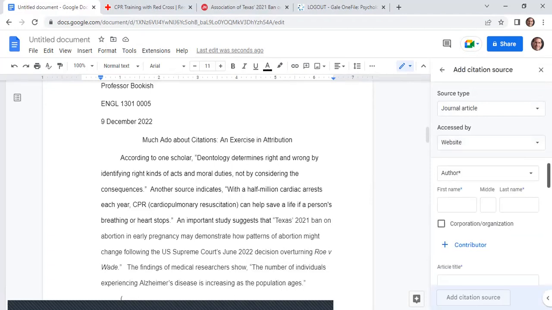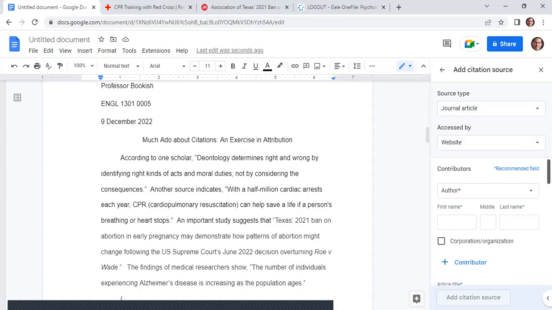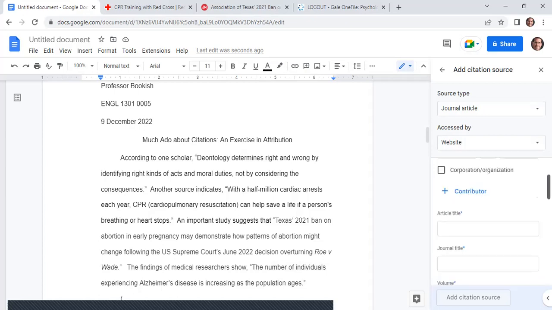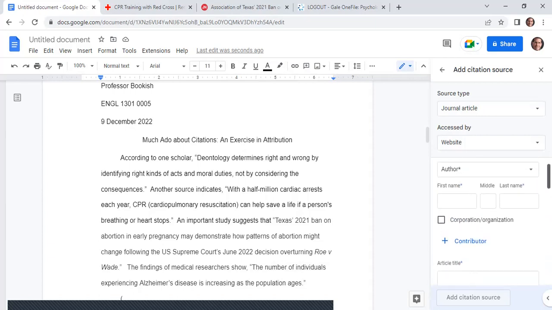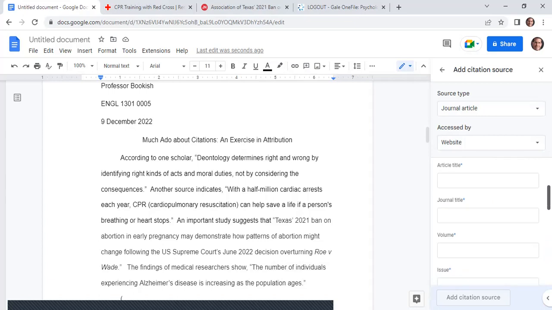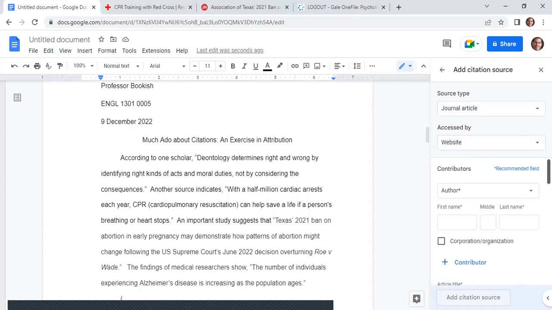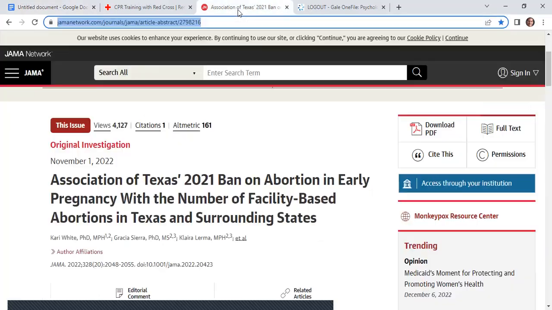Now, journal articles, I can't just enter a URL for the tool to find for me. I'm going to have to actually add the information into these blanks. So I have to have the names of the authors, the article title, etc. Okay. So I'm going to go to my website, and this happens to be a website from the Journal of the American Medical Association, JAMA,